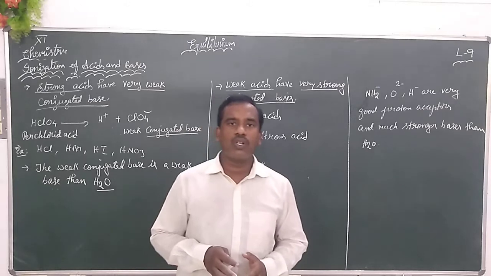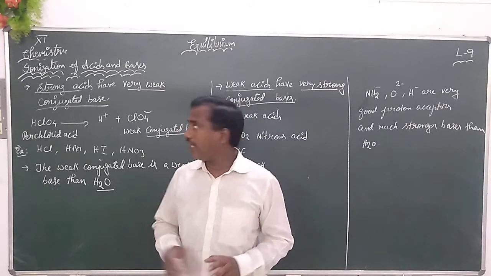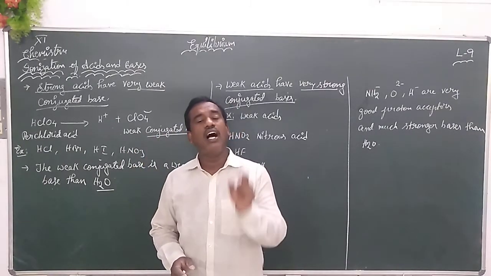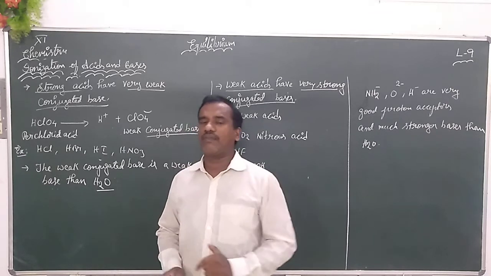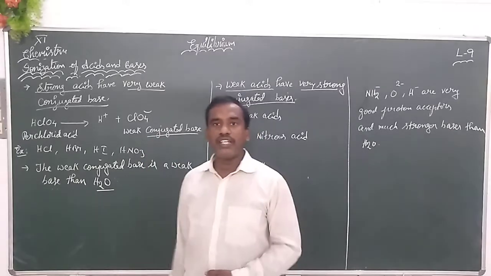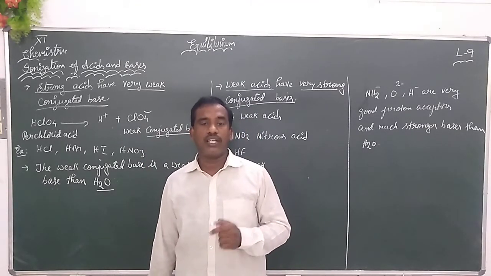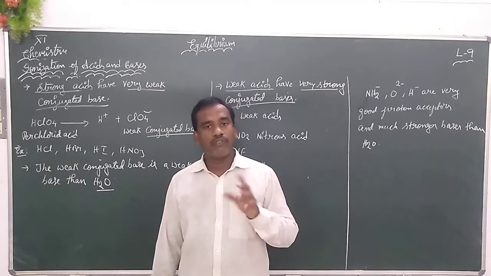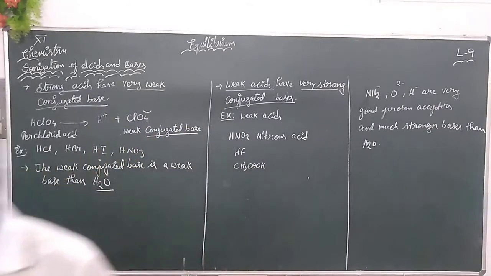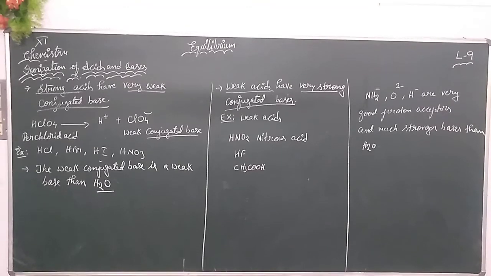So based on this we want to bring one conclusion: water will act like an acid and a base. This ionization of an acid and base helps us to get the ionization of water and how to calculate it. Keep in mind that strong acids readily lose one H plus ion, but weak acids will give H plus ions in very small amounts. So let's see what the ionization of water is and how to calculate that.